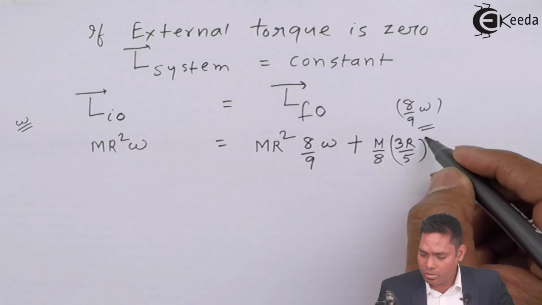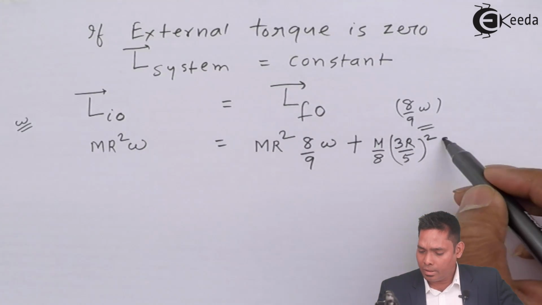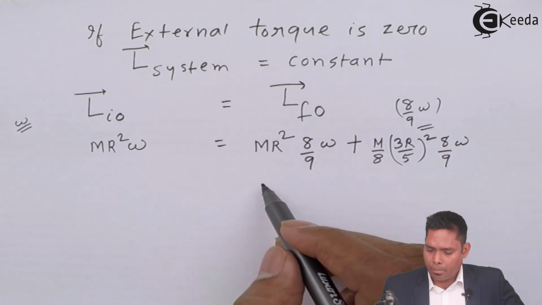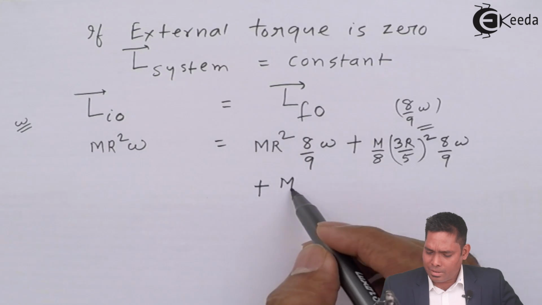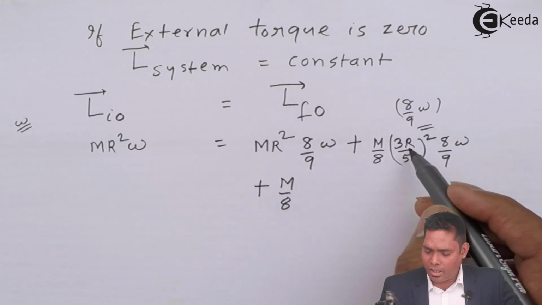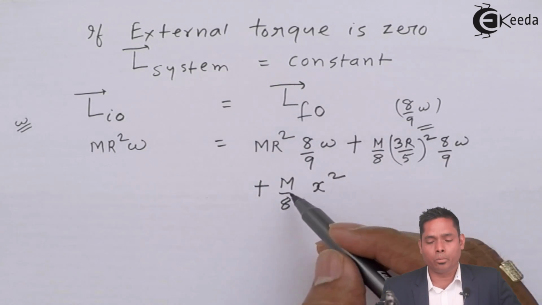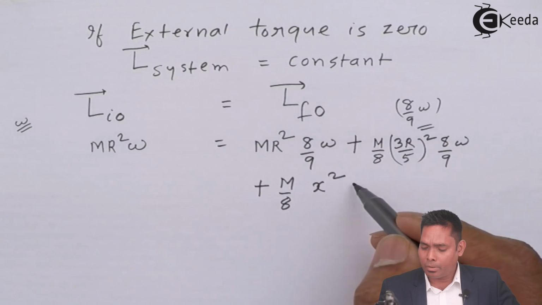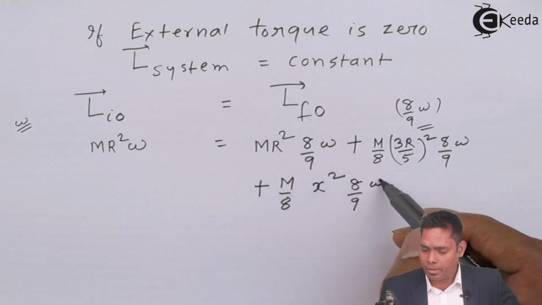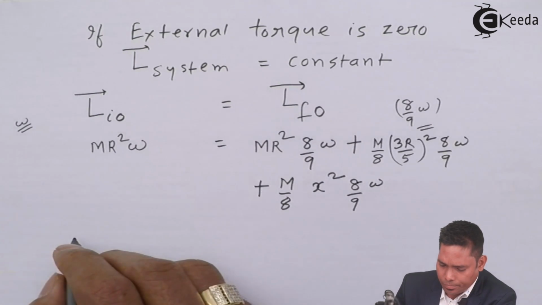This is the distance, mr square, and omega is 8 by 9 omega, plus the second mass having the same mass, and at what distance it is we don't know, so it is x, suppose x square. This is the moment of inertia multiplied by the omega, that is 8 by 9 omega. Now solving this,